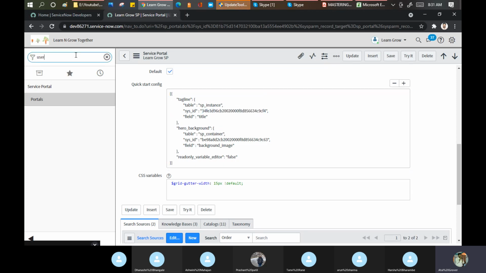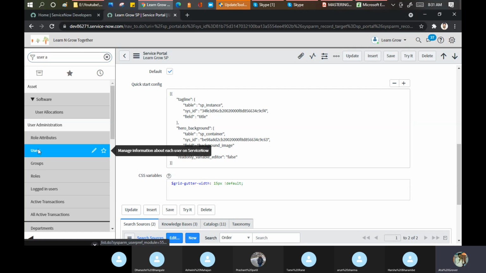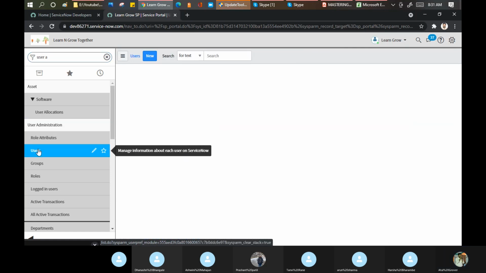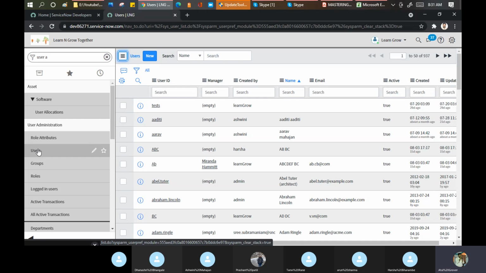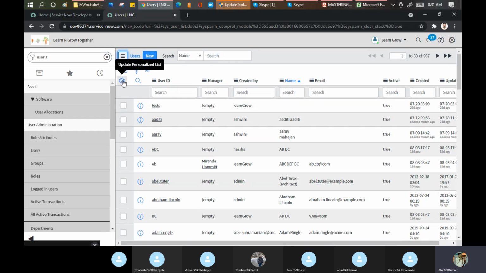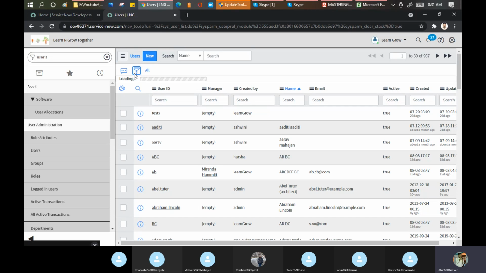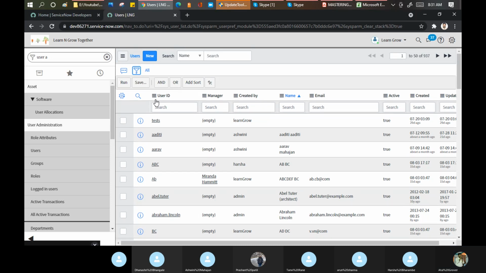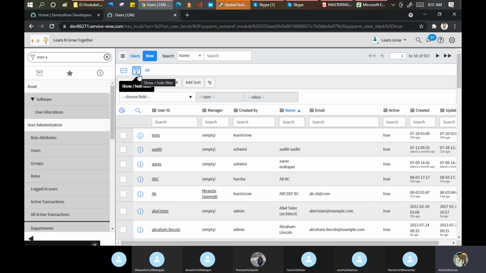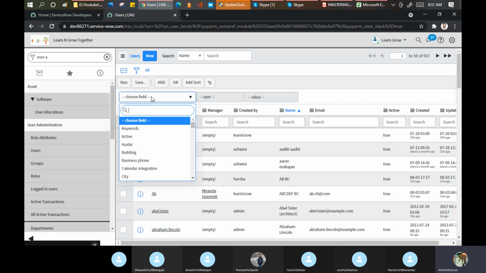Let's go here. User underscore. Okay, let me open this. If you are stuck anywhere, for example, I'm not able to find that record in ServiceNow, try to search the record with the sys ID. Okay, that is the best technique, a tip that is always given. See, you can do the search on the sys ID.